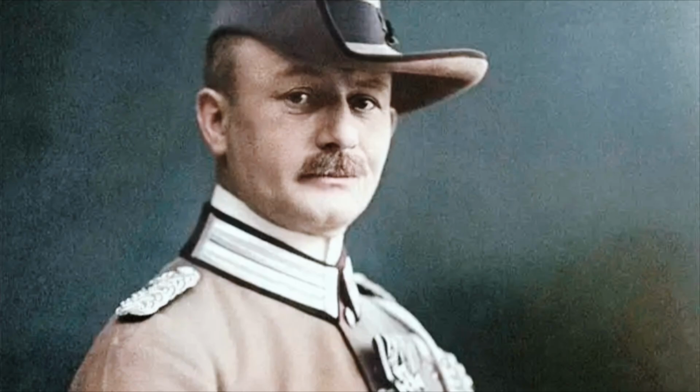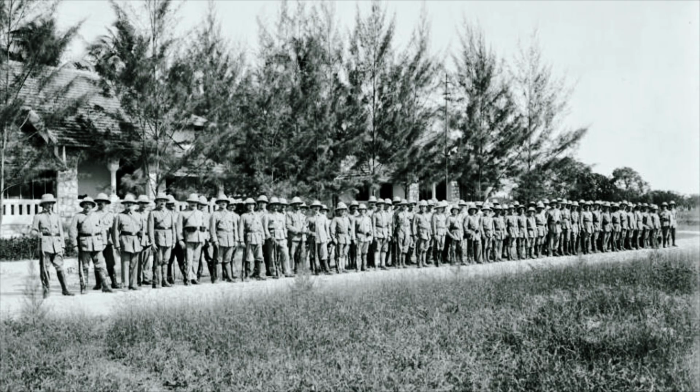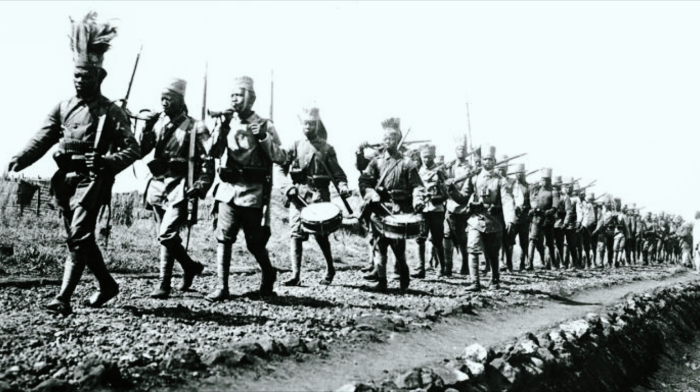At the heart of the German defense was Colonel Paul von Lettow-Vorbeck, a brilliant and resourceful commander who knew the region well. Though outnumbered, his forces included a mix of Schutztruppe, Askari, and local militias, all adept to the harsh